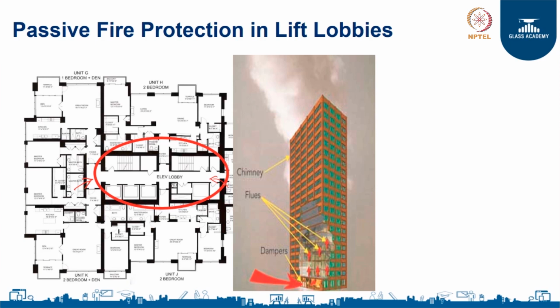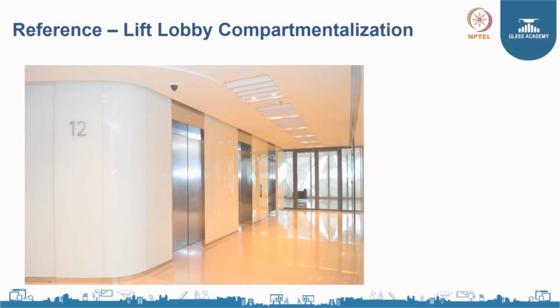So, it is very important to make sure that the lift lobby region is always enclosed on both sides. I will show you some examples. What you see on the screen is a lift lobby in which there is a fire resistant door on the other side. The door is right here. That is a fire resistant door. Typically, when people exit from the lift, they walk to the left and then open the door and get into their area of occupancy.